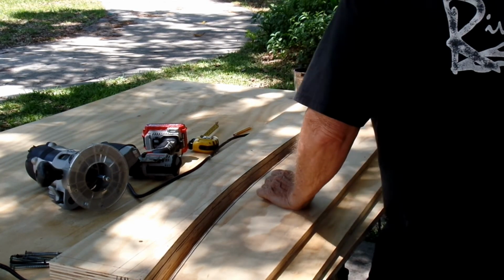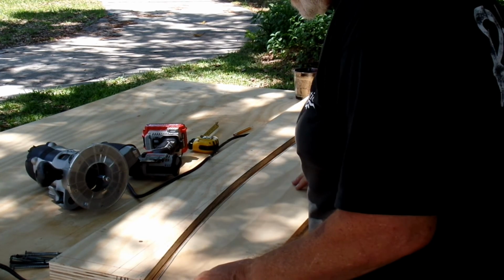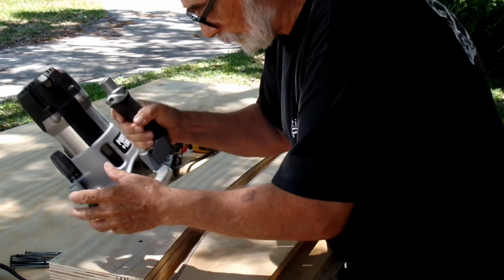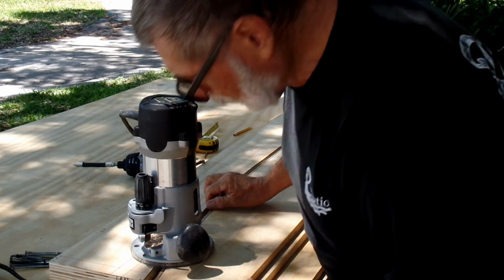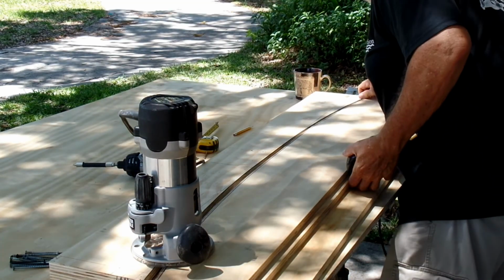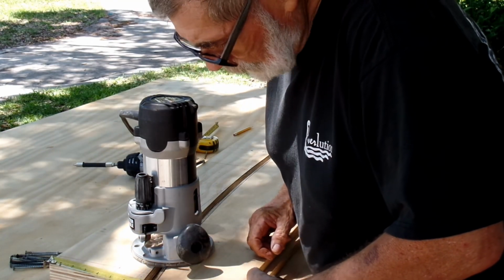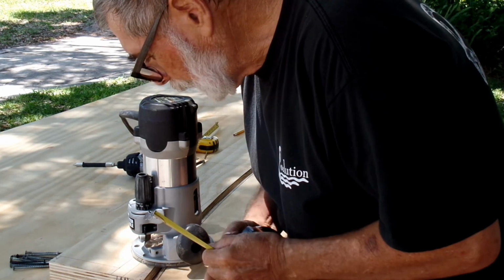Now I have to figure out where this has got to go. And this I'm going to have exactly, when I do the others, it's going to have to be the same. What I'm going to do is I'm just going to put the router in here, and I'm going to push it all the way tight there. Okay? And like this. I'm just going to take and measure all the way to the back, and it's 13 1/4. And I see